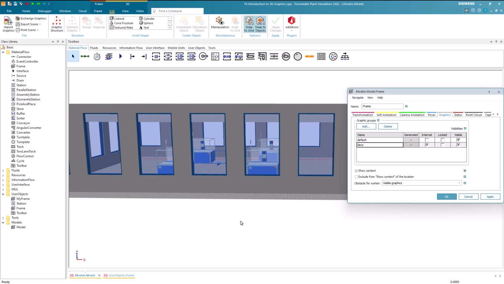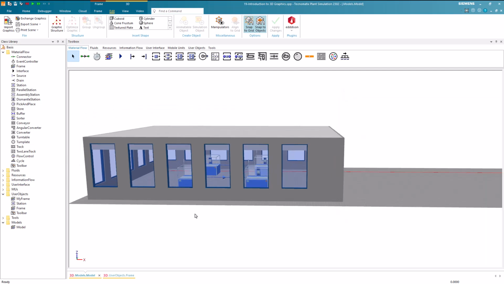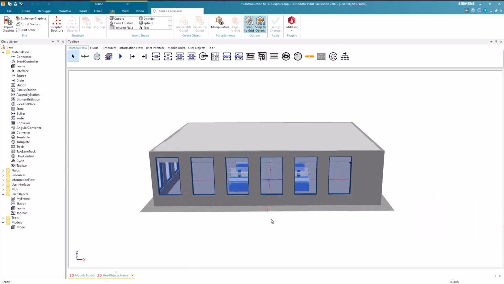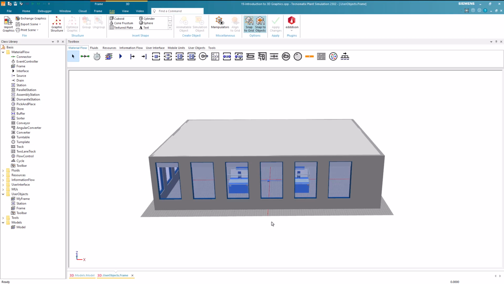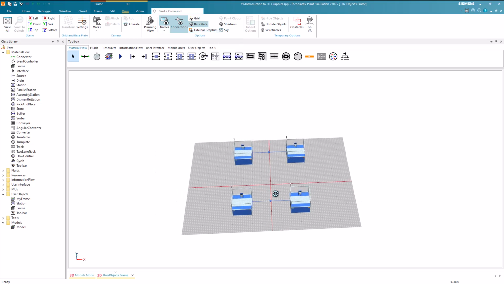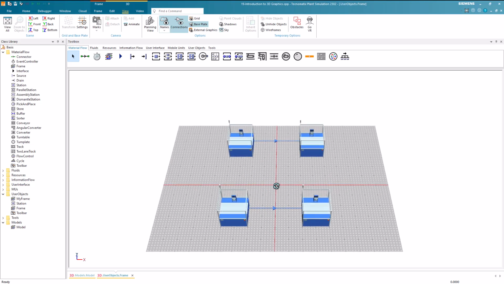Now let's assume that we want to edit something in the black box frame. To do so, we open it again. However, as you can see, the factory walls and the roof are also shown. This is not optimal, because you generally want to edit the content of the black box frame, and to do so, you do not need the external graphics. The external graphics of the black box frame are just the representation of it to the outside. To solve this, we can switch again to the View ribbon and deselect Show External Graphics. Now only the internal graphics and the content are shown.